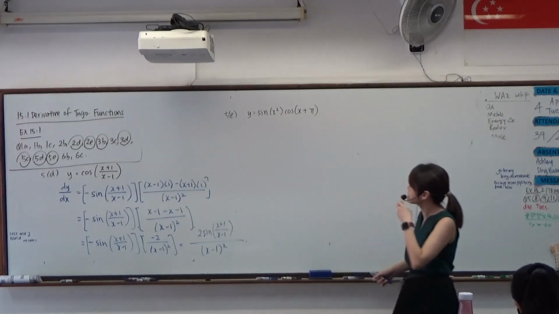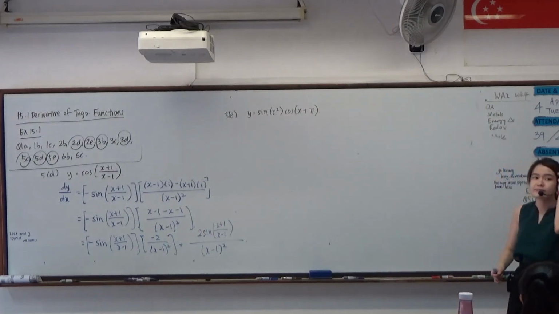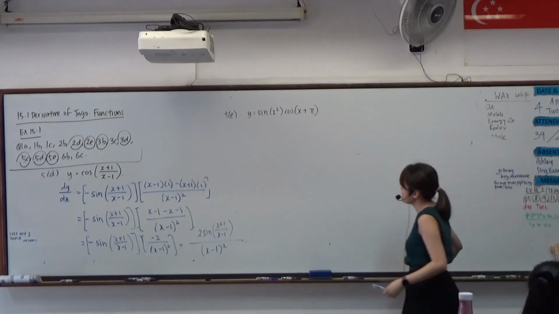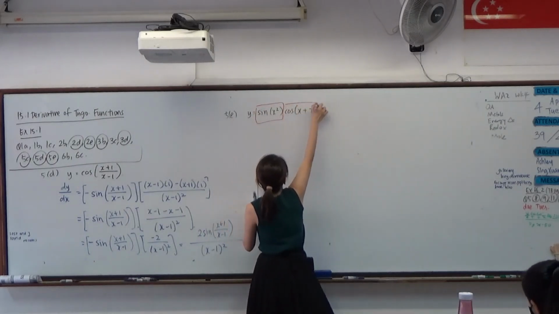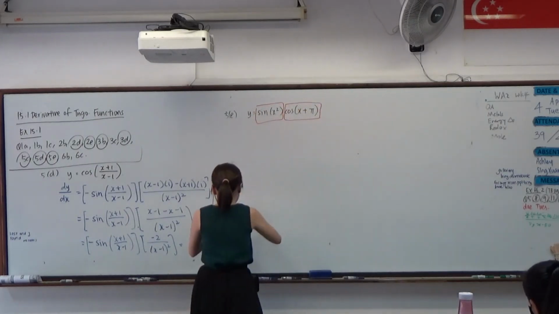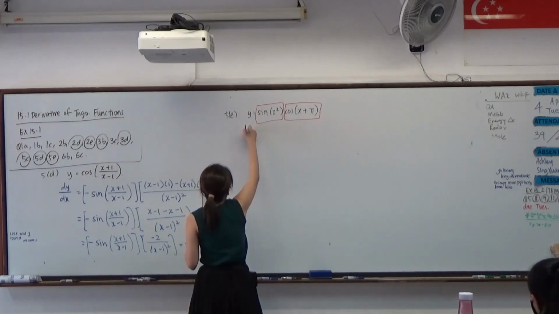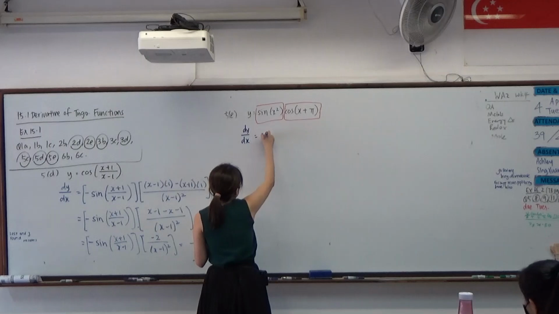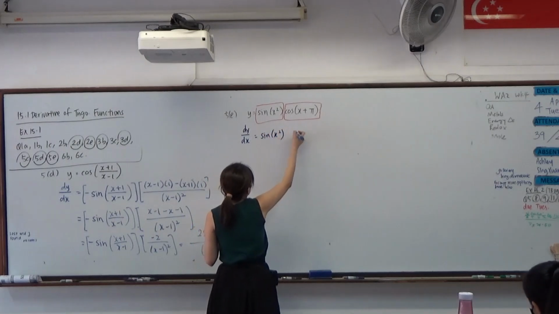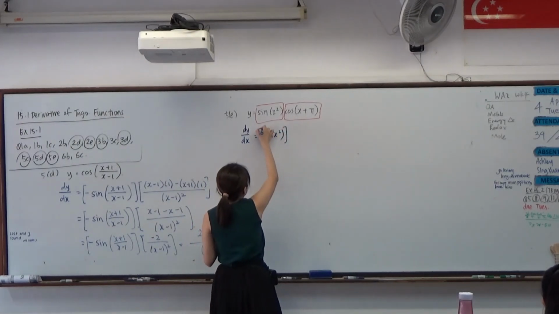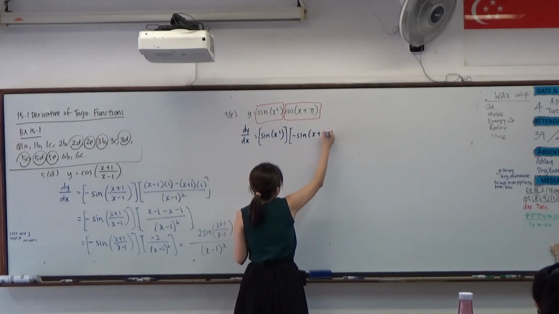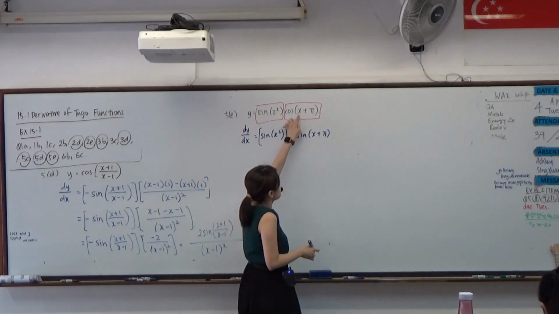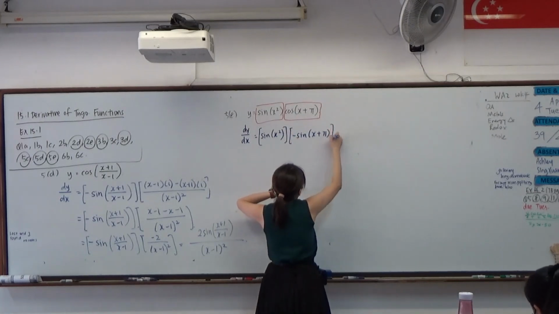Okay, we have sine x squared times cosine x plus pi. So we need to see it as a product of two things and apply our product rule. So dy over dx equals to, keeping the left side, differentiate the right, I will get negative sine x plus pi. Differentiating the x will give me just a 1,